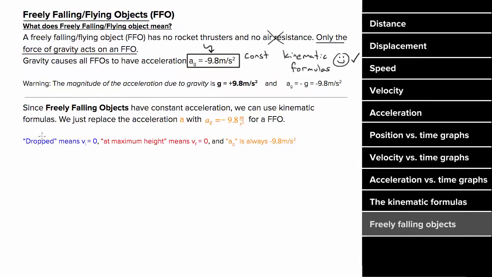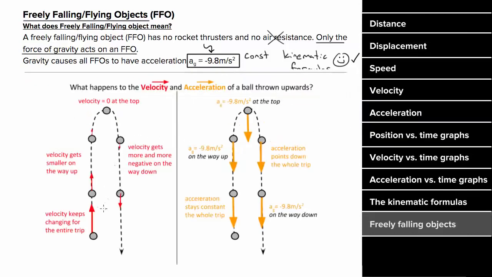Watch out for code words. Dropped is code word for initial velocity is 0. The final velocity at the maximum height will be 0. And the acceleration due to gravity in the vertical direction for a freely flying object is always -9.8 meters per second squared. But be careful, if you analyze the motion of an object flying upward, the velocity gets smaller on